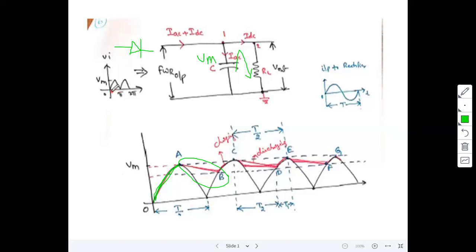Then the current, this is the voltage, the current also looks somewhat like this. The current is continuous, flowing through the filter circuit. For filters, we require a continuous current flowing through the circuit. Suppose it is an inductor. Consider the LC filter. Here it is an inductor, here it is a capacitor. During this region, the current is not supplied to the filter circuit. This is the problem.